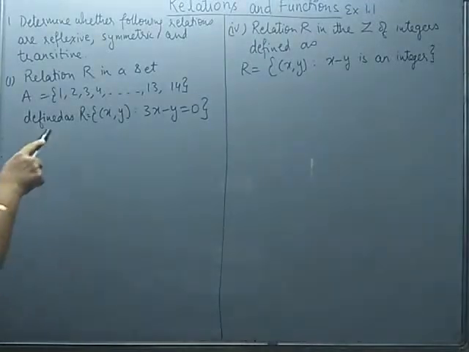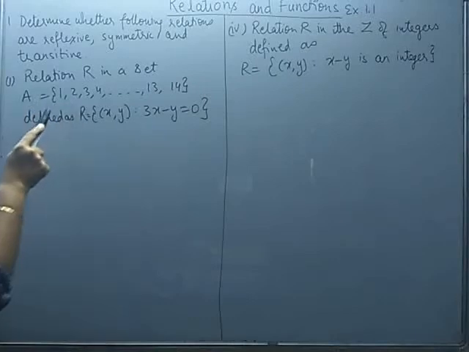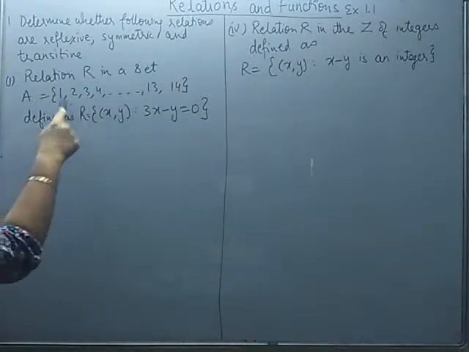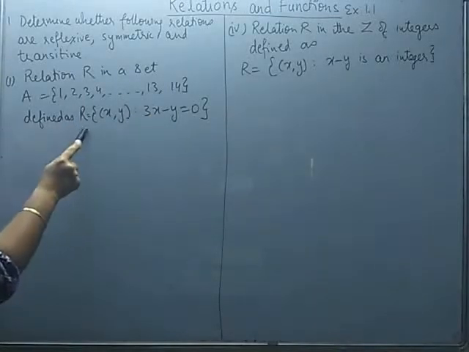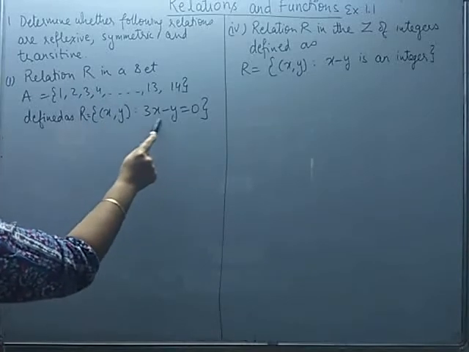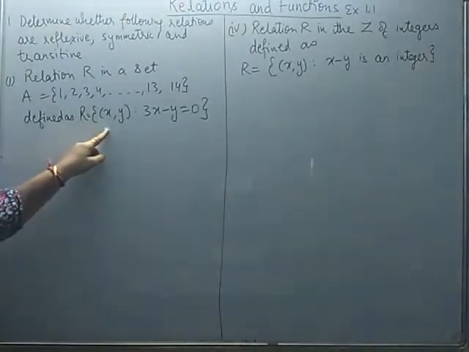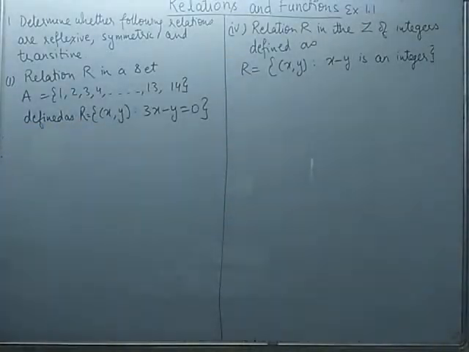We'll be discussing both one by one. Now see, if you look at this part, it says relation R is defined in this set A. So we have to define the given relation from set A to set A, and how it is to be related. The relation R will contain those ordered pairs which are satisfying this condition. So you will see not every element of A will relate with itself. Some will be relating. So you will see sometimes the relation is defined in such a way that it is possible to write this set. Okay, we are able to list the ordered pairs. It may happen the relation is defined in such a way that the set R is an infinite set.